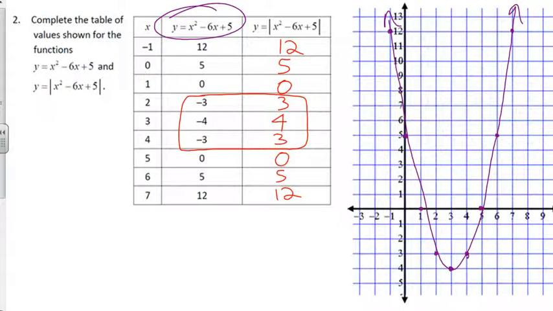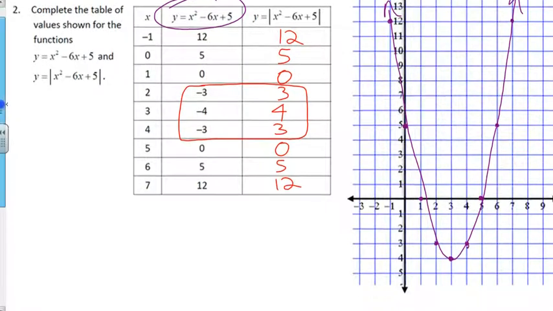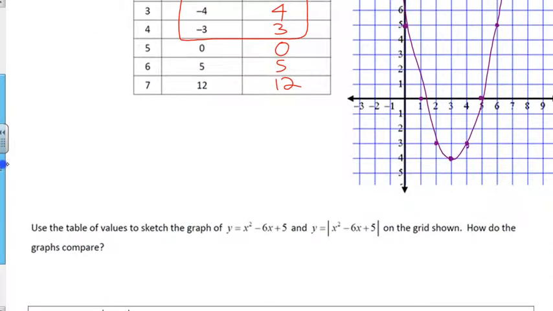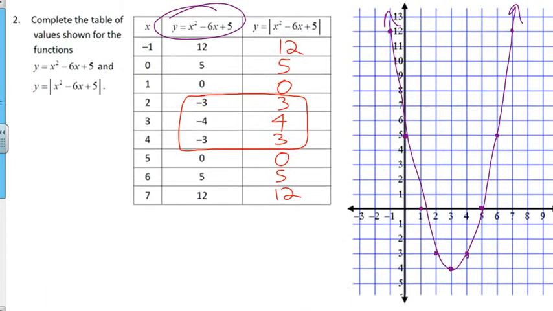All right, and what, I didn't even know, is that what we were supposed to do? I'm leaping ahead here. Use table values, sketch the graph, and the graph on the grid shown. How do the graphs compare? Okay, so we've got the one graph. Let's do the other graph